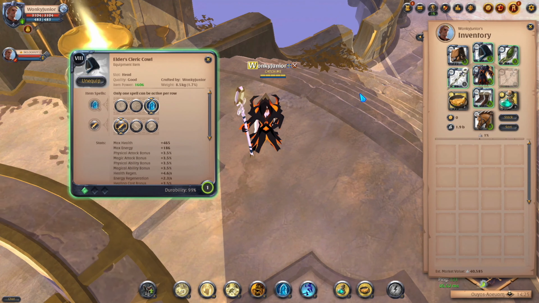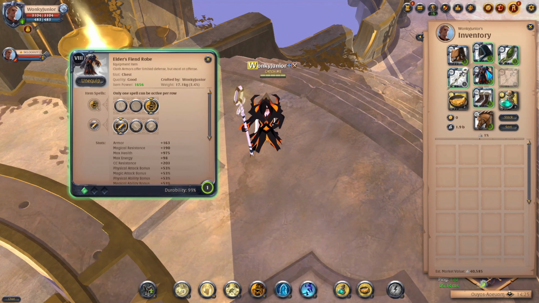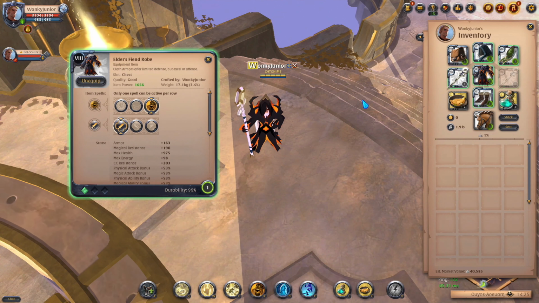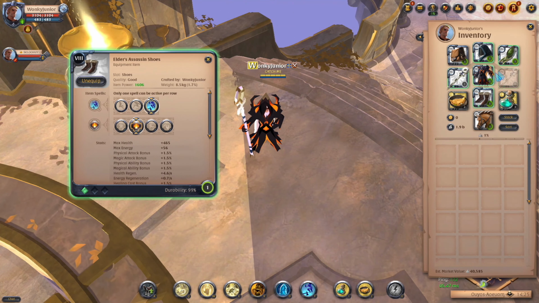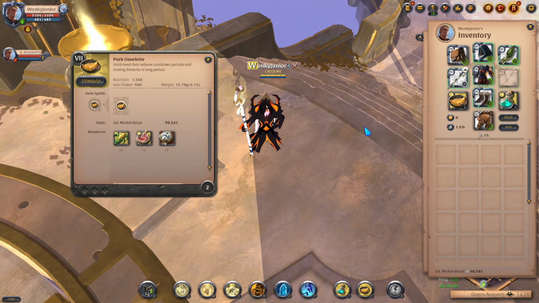Then for the helmet, you pick the clerical and go with the third ability and first passive. Then for the chest armor, you go with the fiend robe and select the third ability and first passive. And then lastly for boots, get the assassin shoes and use the third ability and second passive. Then for my choice of capes, I picked the Limhurst cape, and for consumables, I went with the pork omelet